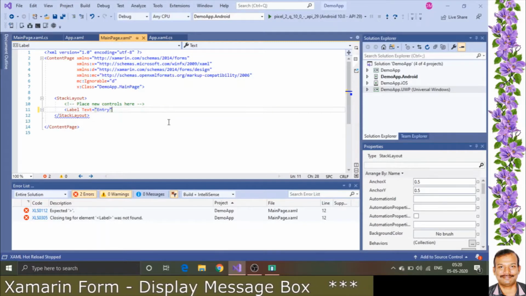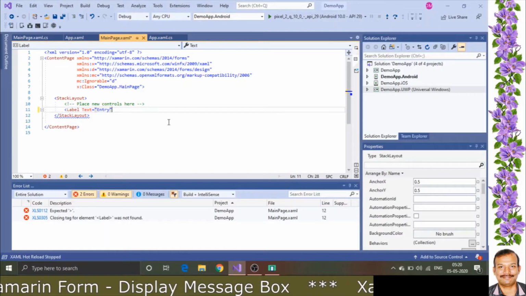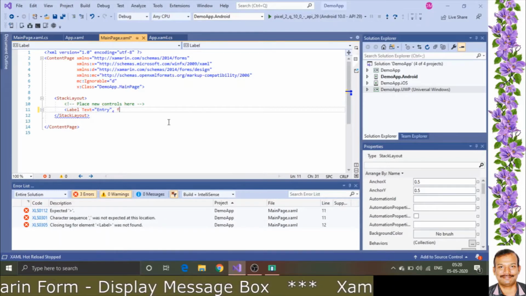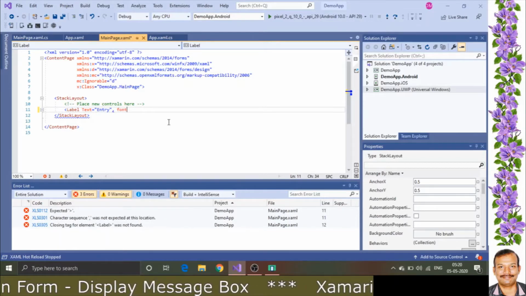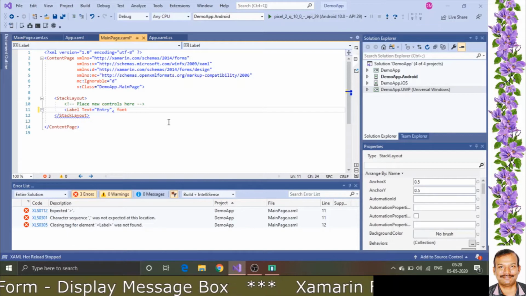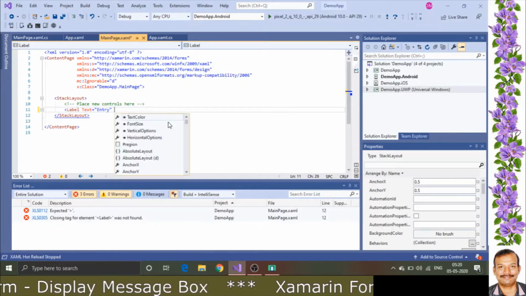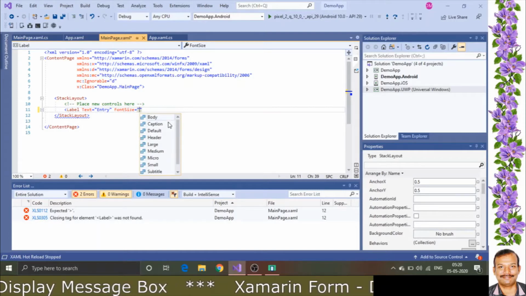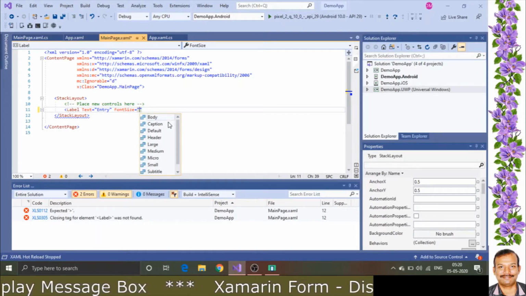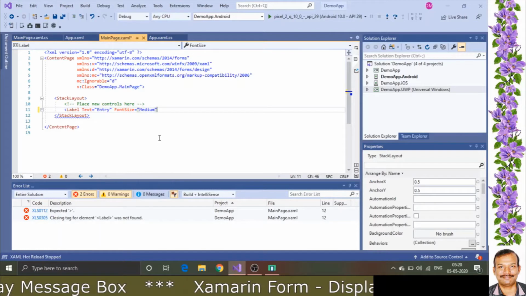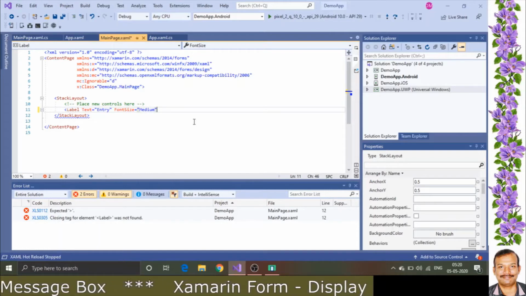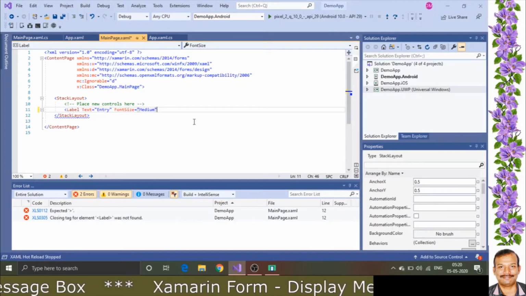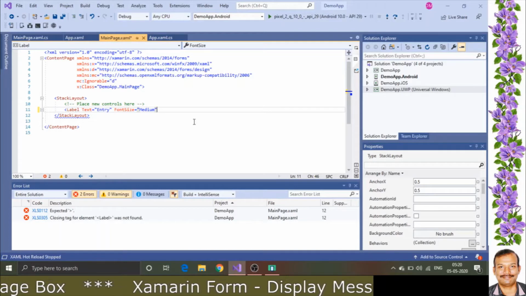Then you need to give your font size. Generally you select the default font sizes, because depending upon the application, the size of the screen and the font will be automatically adjusted.